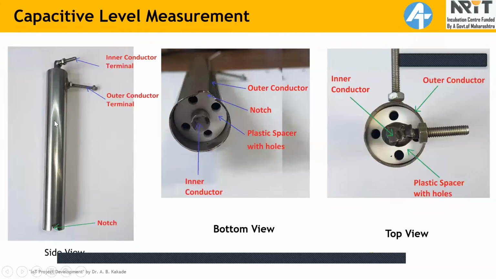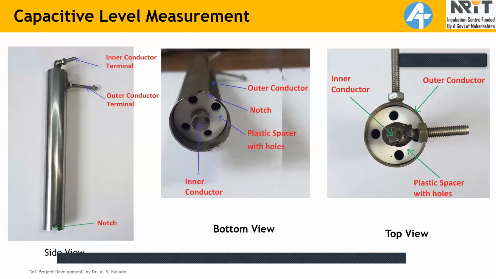In this coaxial capacitor, when there is no fuel, the capacitance will be small. Fuel is electrically non-conductive and has a dielectric constant. The dielectric constant of diesel is around 2. All of you know that the capacitance of any capacitor depends upon the dielectric constant. In the absence of fuel, there is air, and the relative dielectric constant of air is 1. So when fuel starts increasing inside this coaxial capacitor, the capacitance will increase. This increased capacitance is an indication of the presence of fuel inside the coaxial capacitor.